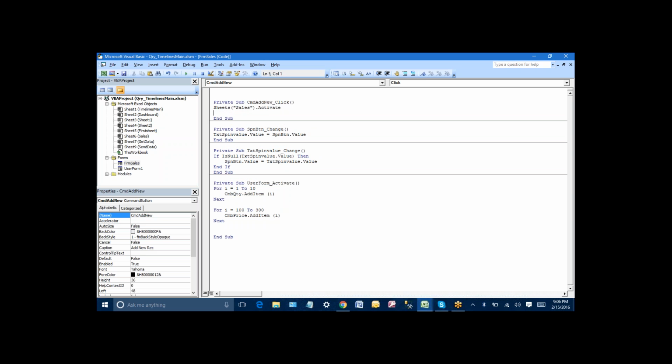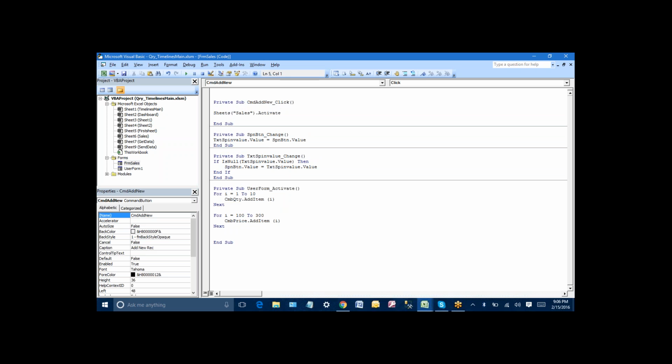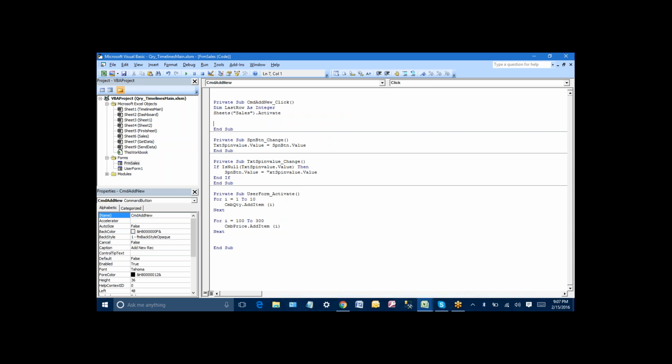Then in the second thing, we have to know the used range. Otherwise, in other words, we can say last row. Dim last row as integer, or even you can take long if your rows are long. Right now I'll take integer, that is too much for us. Last row is equal to